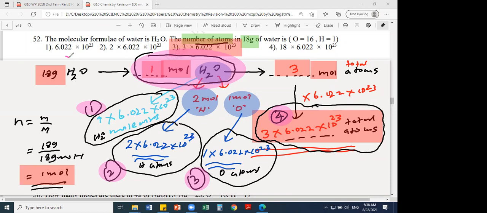But what is the first? So if they give grams, first you should convert into mole. If they give directly mole, then very easy. Then one step is less. Then we can directly go from moles to molecules, moles to atoms. So this H2O has hydrogen atoms, H2O has oxygen atoms. They can ask total atoms. But if you add 2 and 3, look at here. If you add 2 and 3, then you get the fourth answer.